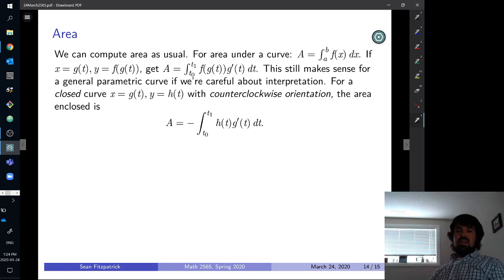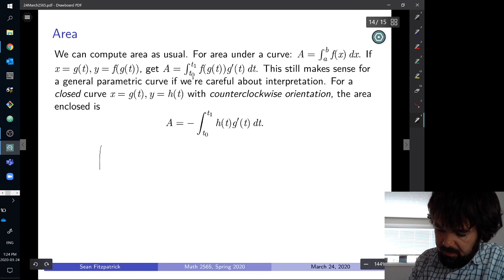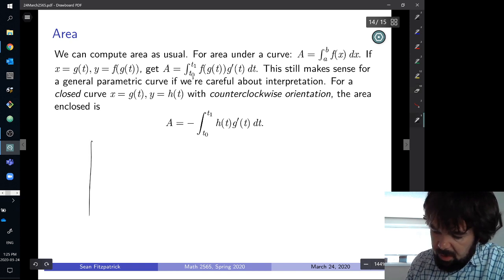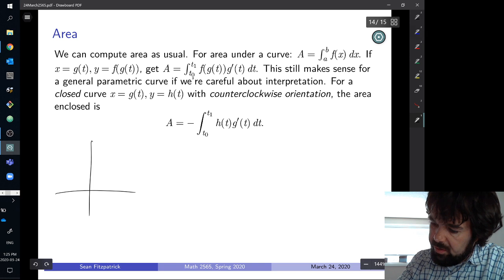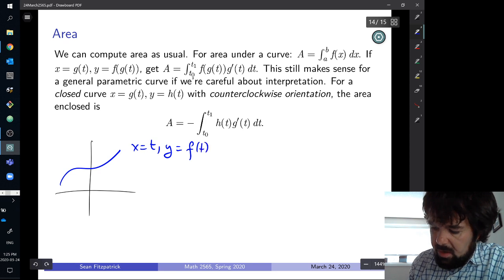Area. The book doesn't do area, but I really wanted to talk about area. The thing that you can do with parametric curves is, so first of all, if your parametric curve is a graph, right? So if you just have something like x is equal to t, y is equal to f of t, right? And by the way, if you have a graph, this is how you parameterize a graph, right? Y is f of x, you just set x equal to t, y is equal to f of t,